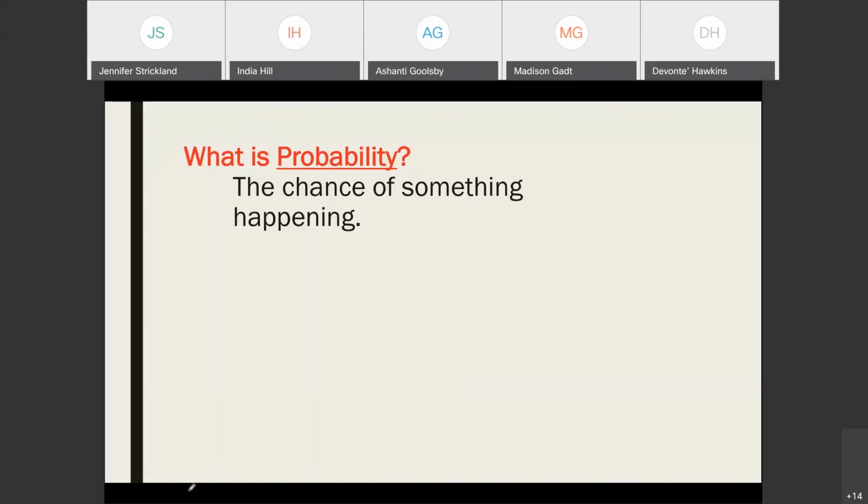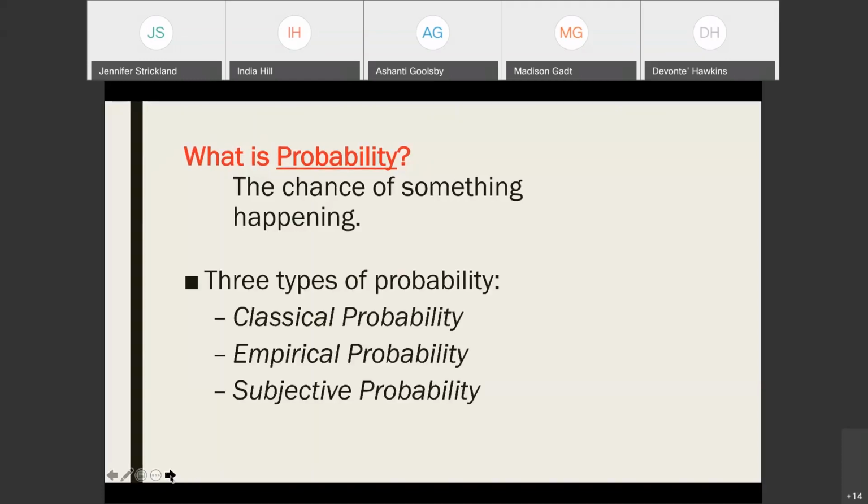All right, so there are three types of probabilities that we're going to do in this section. We're going to start with classical, which is going to be the biggest emphasis that we do. So we're going to spend almost the entire class period working on classical probability. And then at the end of the class period, or maybe even depending on how it goes, we may even be doing this Friday. We're going to do a real quick example for empirical and then talk just a little